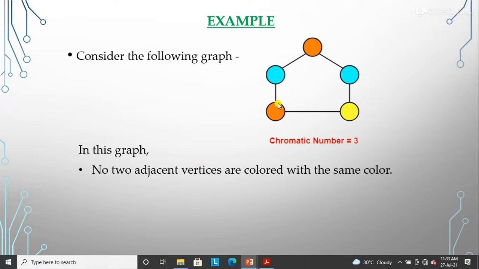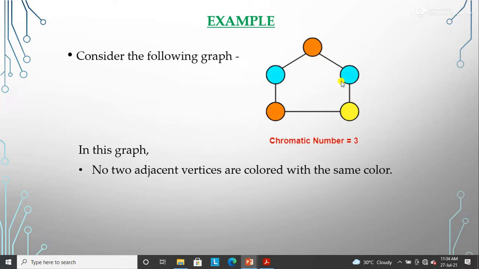And you can see that here also this property holds, that no two adjacent vertices are colored with the same color. If we first start at this vertex, then this vertex has two edges, so this is a different color, this is a different color, right? Now when you come from here to here, we can fill this vertex with this one color, because these two vertices are not adjacent to each other.